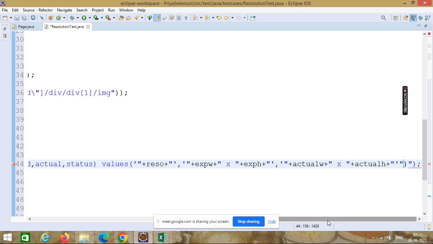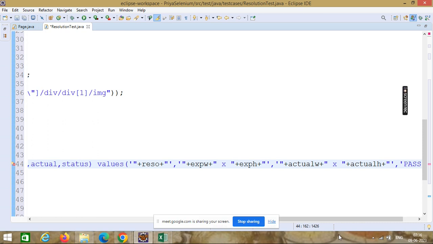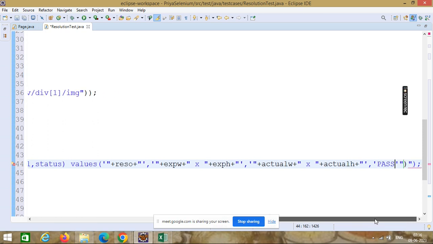Okay. And now the last thing is status, comma, status is pass. And after that we have to close this values bracket. Okay.